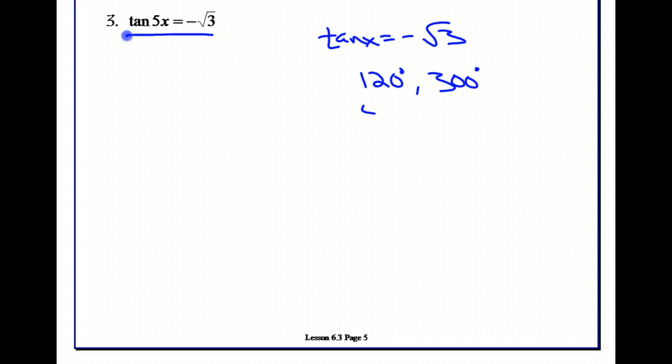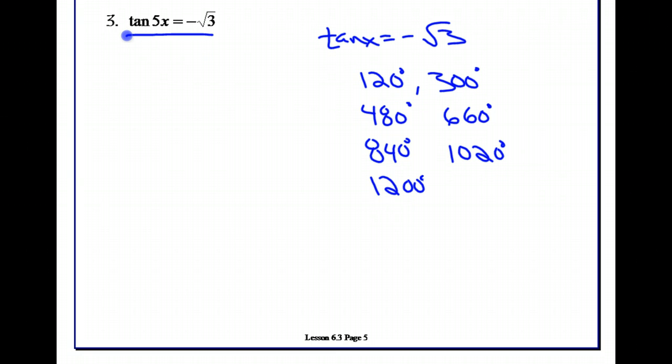So add on 360, I get 480. Or here, add on 360, I get 660. All right, keep doing that. Add on another 360, I get 840. Let's try not to make any mistakes, because once we do, it's going to mess up all the other ones. Add on a 360 here, is it 1020? You guys can check for mistakes. Add on a 360 here, how nice is that? 1200 on the button. Add on a 360 here, looks like